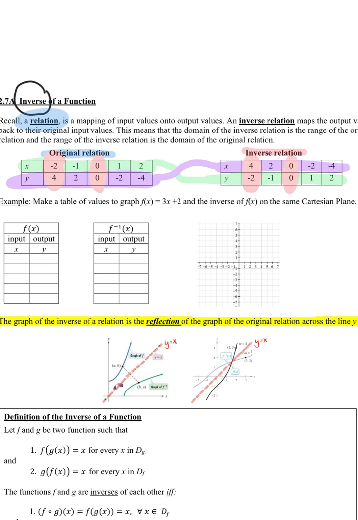Why was 0, 0 the same? Because why? It's on the line y equal x. So if your x value equals your y value, if your y value equals your x value in your original relation, it doesn't change, right? Because it falls on that line. And then maybe if I looked at this one, -2 became -2, 1. So the x and the y values are interchanged between a relation and its inverse, its reflection across y equal